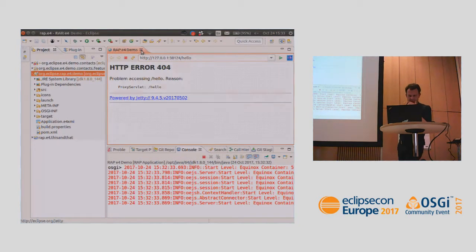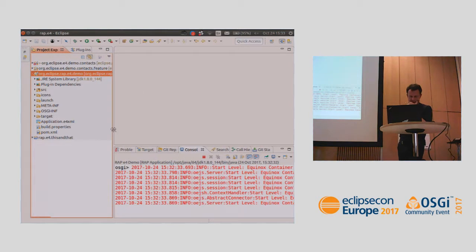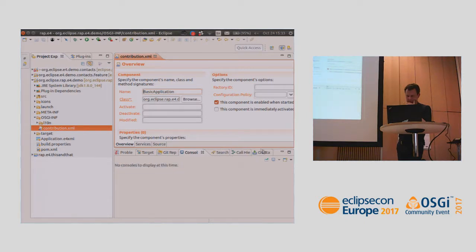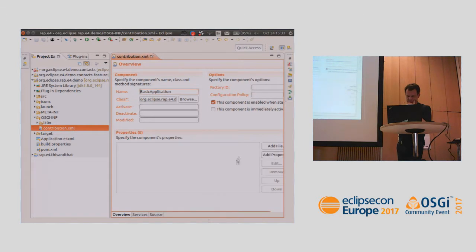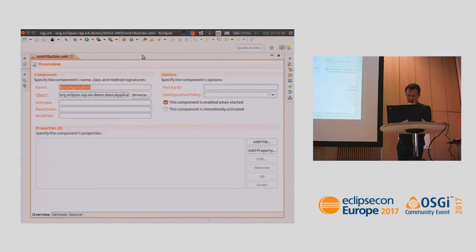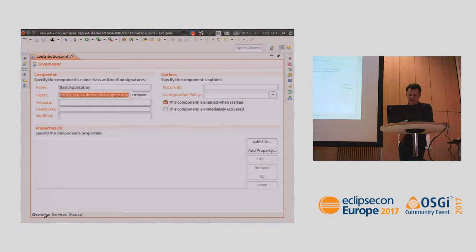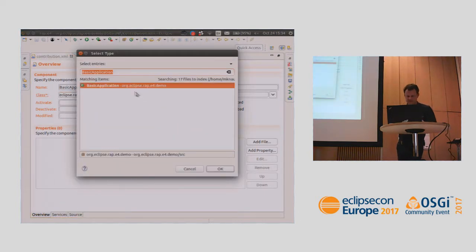Let's have a look into the code a little bit here. First of all, every RAP application has an application configuration that's provided by an OSGI service. If we're looking here, that's the application configuration, that's the service we are providing, and that's the entry point to a RAP application. If you look into the class,